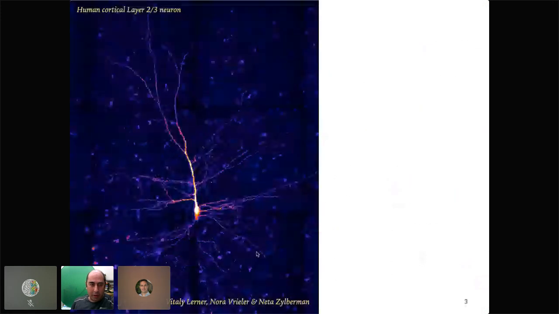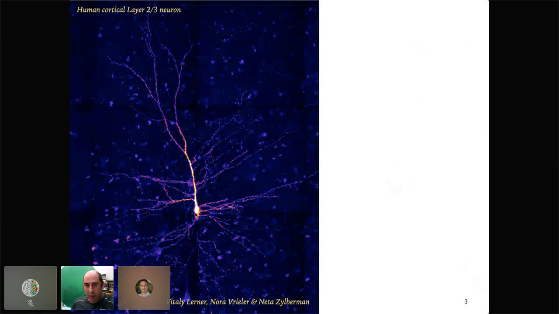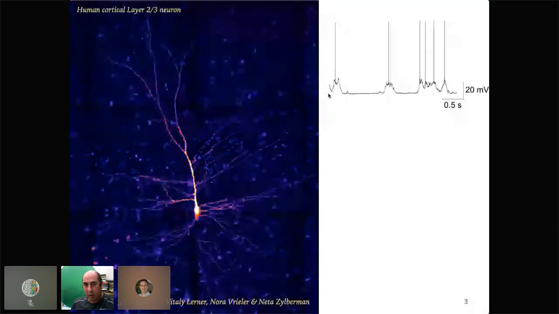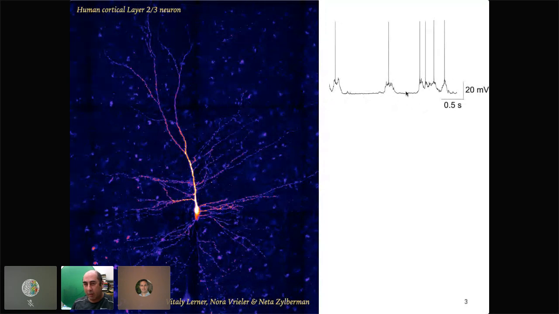So imagine we just consider a neuron. This is a nice picture of layer 2-3 pyramidal neurons from a human cortex that we recently did some patch clamp recording from. Imagine that you could, of course, in human we cannot, but in rat or mice we can, record the membrane potential. And from time to time the membrane potential shows a spike, an action potential. And we ask ourselves, what really happened that led to this spike? This is a very fundamental question in neuroscience, maybe the most fundamental one.